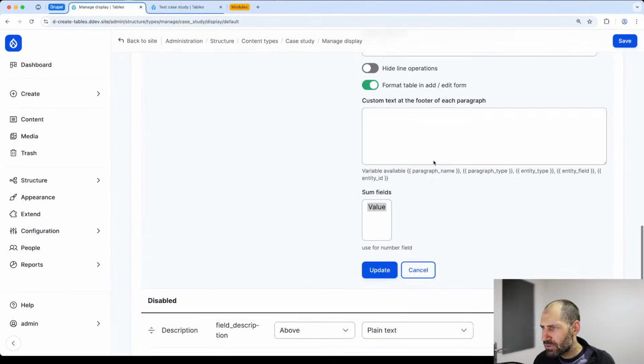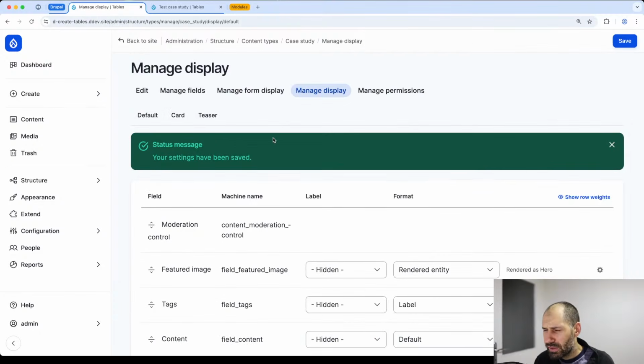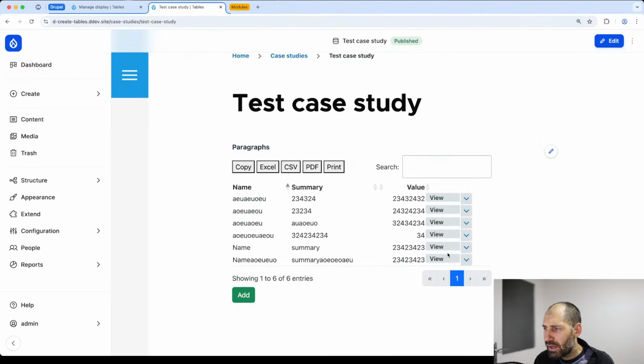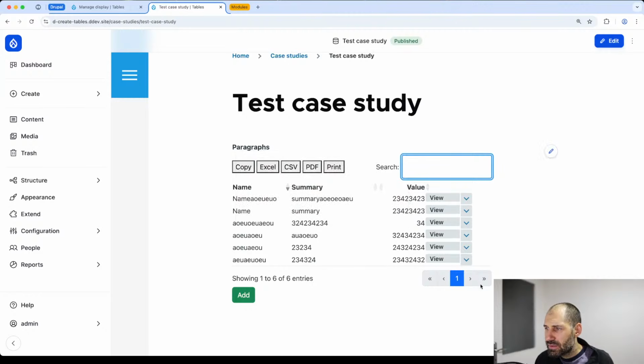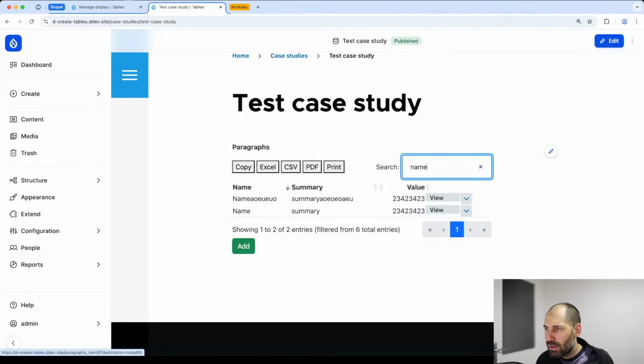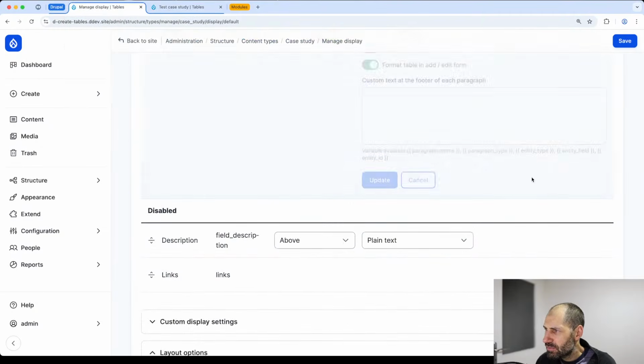But if we switch it over to data tables, and refresh, we will get a more nicer looking table. You can filter, you can also copy as well, and you can search as well for your items. And that's all thanks to data table. Now we are going to look at data table in a bit, but if we go back here,